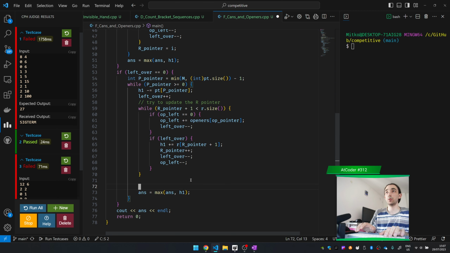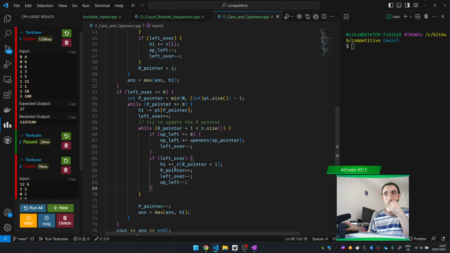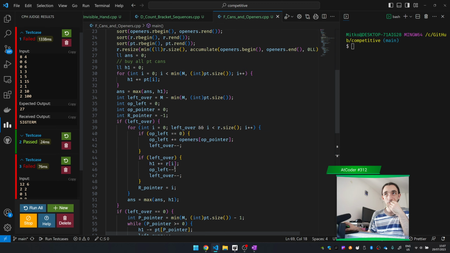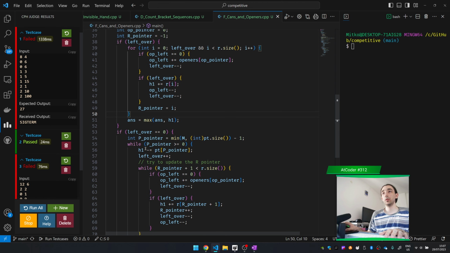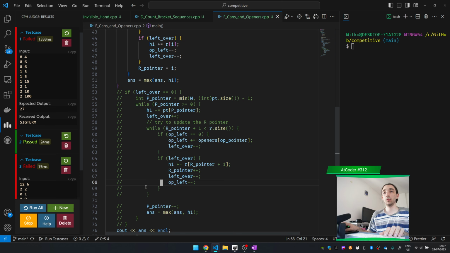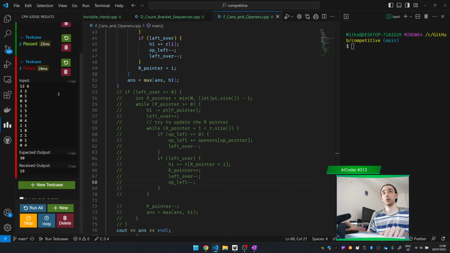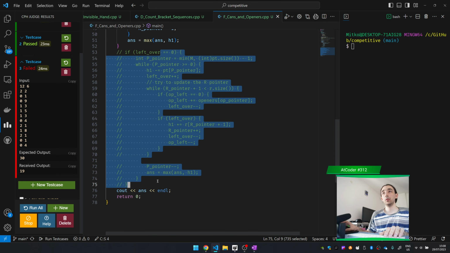Then the P pointer has to be here, minus minus. There has to be a P pointer. So let me just do this. Now the answer should not be correct, right? Yeah. But now if I do this,